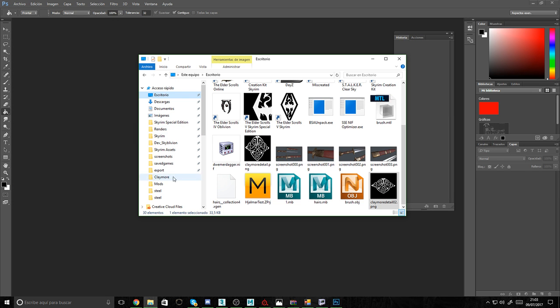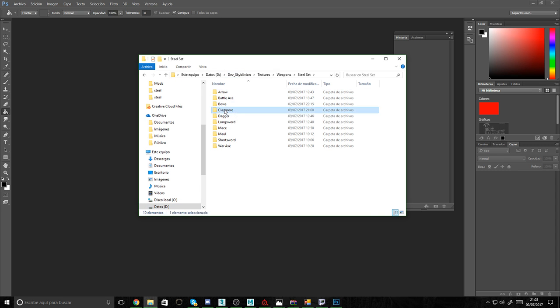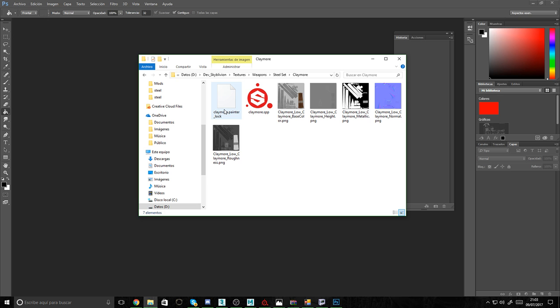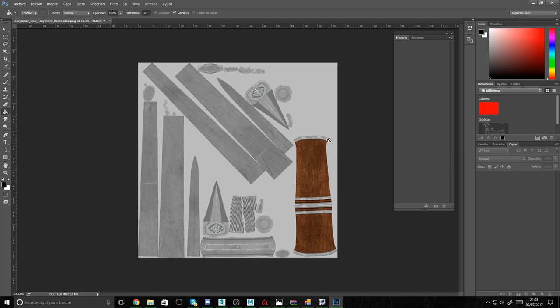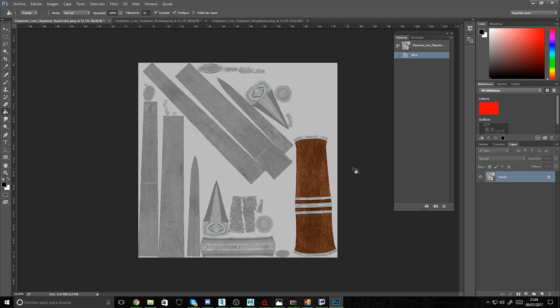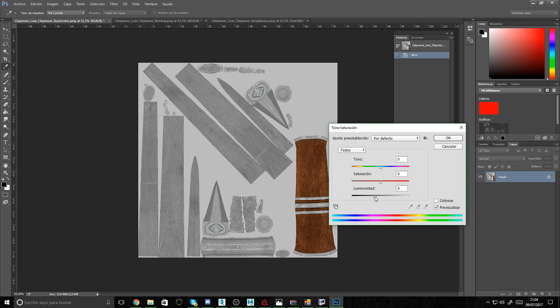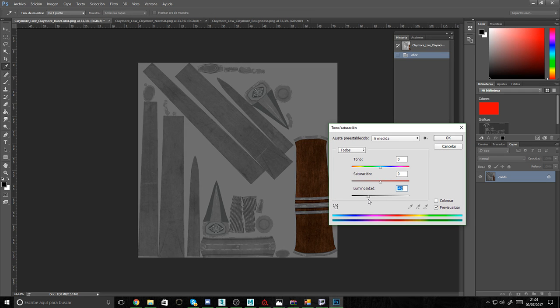So now in Photoshop we're going to save the textures good for Skyrim. For the person who was trying to see how you take a weapon that you have done yourself into Skyrim, this is the moment to be focused. What I do is take the roughness, the normal map, and the base color into Photoshop. Here I take the base color and adjust the luminosity a little bit, down, not too much,